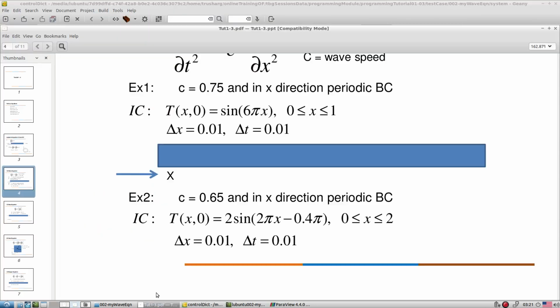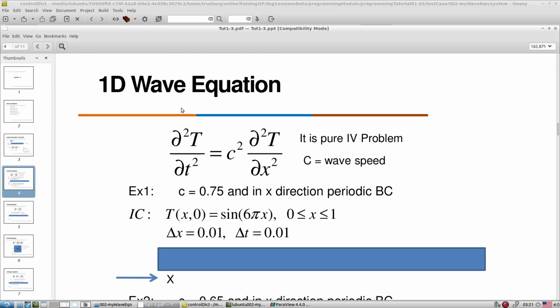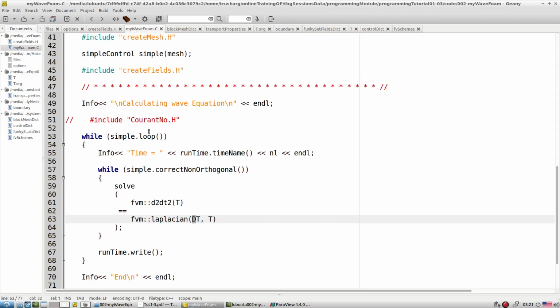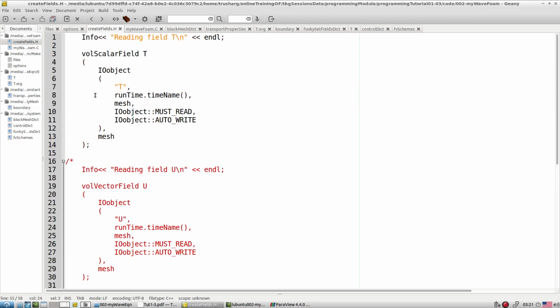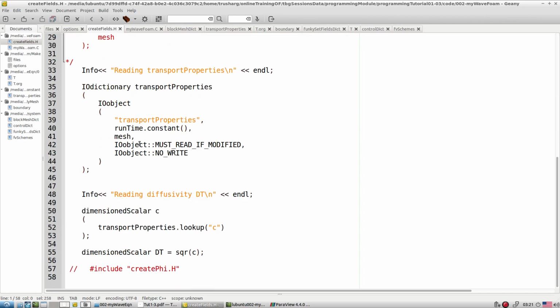So what we did, we developed a very simple solver called myWaveFoam, and for that we adapted the wave equation. How we developed it: we started with the .C file, and inside that we coded the two lines. For that we required dt and t as our variables, so we read those inside createFields.H. Whatever was not needed we deleted or commented out, and from transportProperties we read c, which is a dimensioned scalar, the speed of sound, and then we set dt equal to the square of c.